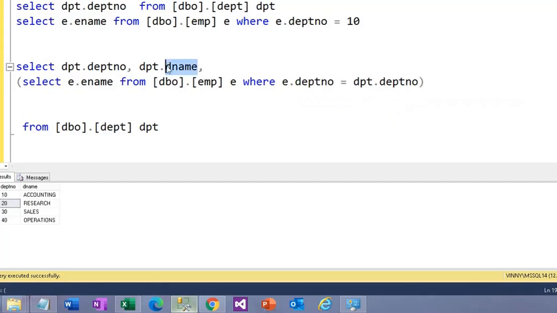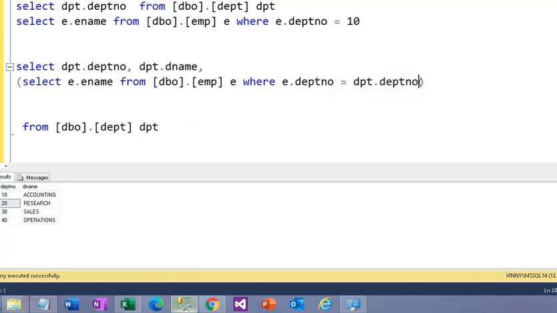The outer query will take, for example, department number 10. It will come here and this inner query will run for the department number 10. The next time the outer query will take department number 20 and it will pass the 20 here, and this inner query will run for the department number 20. So this is how the correlated subquery works.